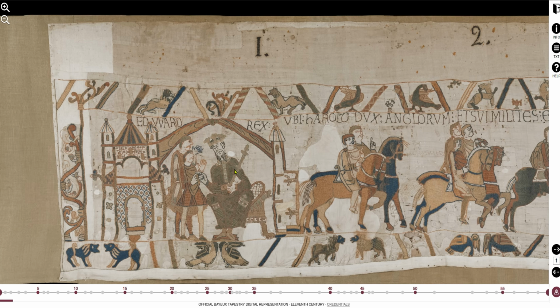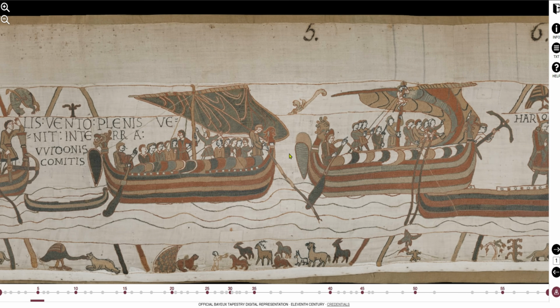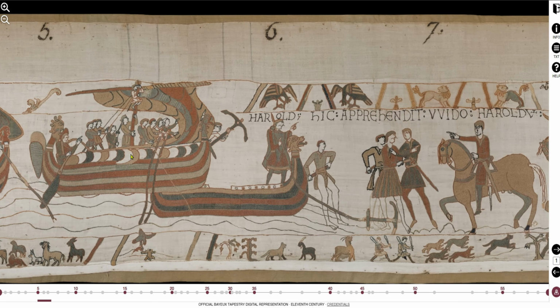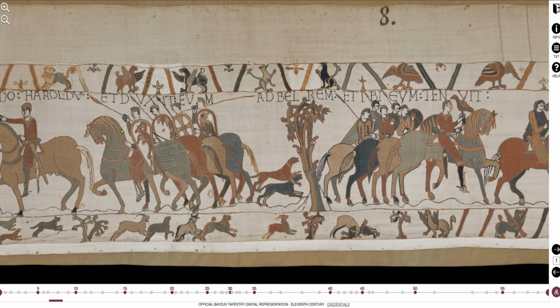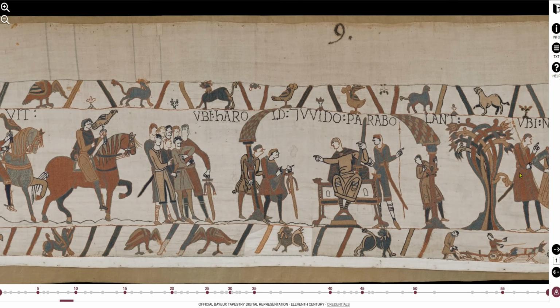So along the bottom is a sort of chapter point. So there are numbers on the top of the actual Bayeux Tapestry and they correspond at the bottom here. So you will have the first little dot is number 1, 2, 3, 4 and then 5, so that will correspond with the 5 on the tapestry. So you can find your way around that way, or you can literally just take your mouse or your finger, depending on what device you're using, and you can drag this along. So we can move it to the left and we can actually go along the tapestry and see the whole tapestry. It's absolutely amazing. There's no other pages to go to. The whole thing is there